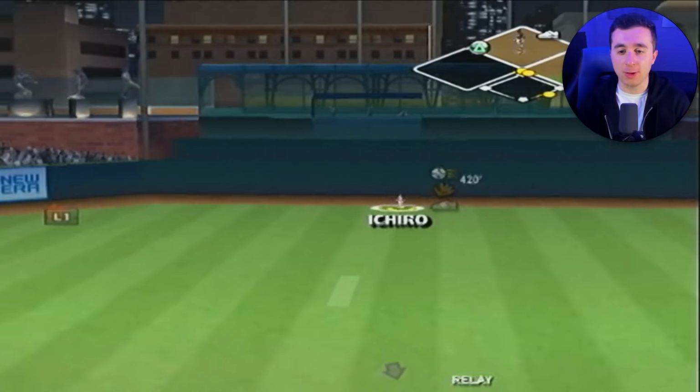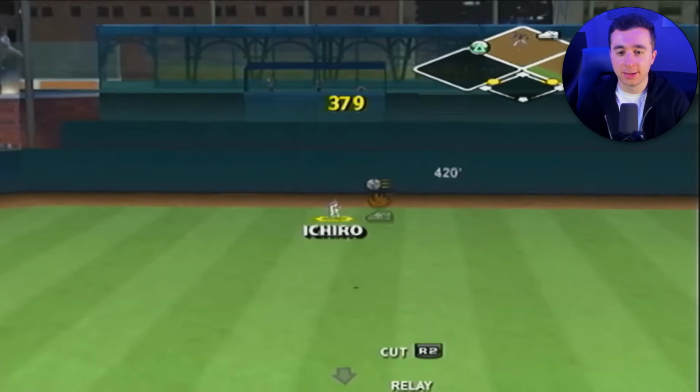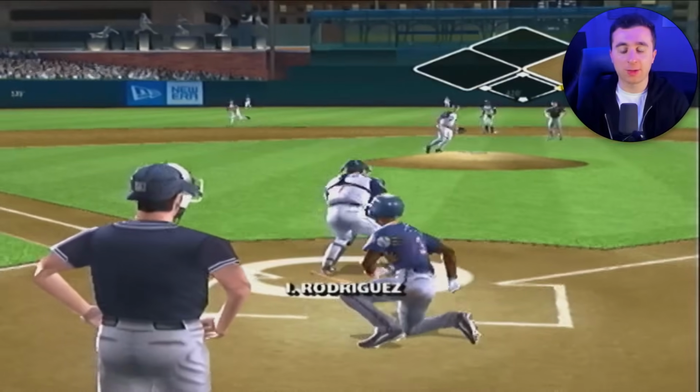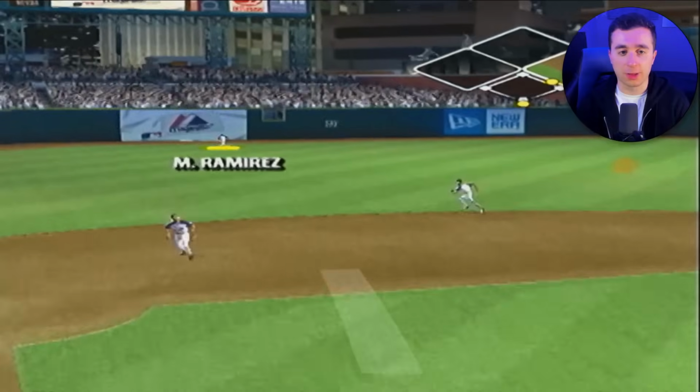We got Ichiro in center field. We got it, Ichiro. Get it in. We got to throw this one on the plate, guys. We're going to give up a run. Hurry up, get the ball, Soriano. Why are we throwing it so weak, guys? Honestly, might have been on me for them scoring, because I didn't hold the throw meter as much as I